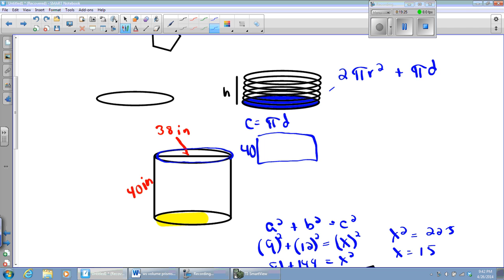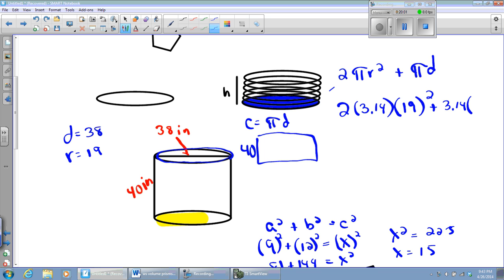Now, I think on a formula sheet, you might see it as 2 pi r squared plus 2 pi r. If that helps you remember it better, go ahead and do it that way. I'm going to use pi times diameter because that's how I think of circumference. All right, now I know my radius is half of this. The diameter is 38. The radius is 19. So I'm going to have 2 times pi. And again, 3.14 is not pi. It's only an approximation. Times 19 squared